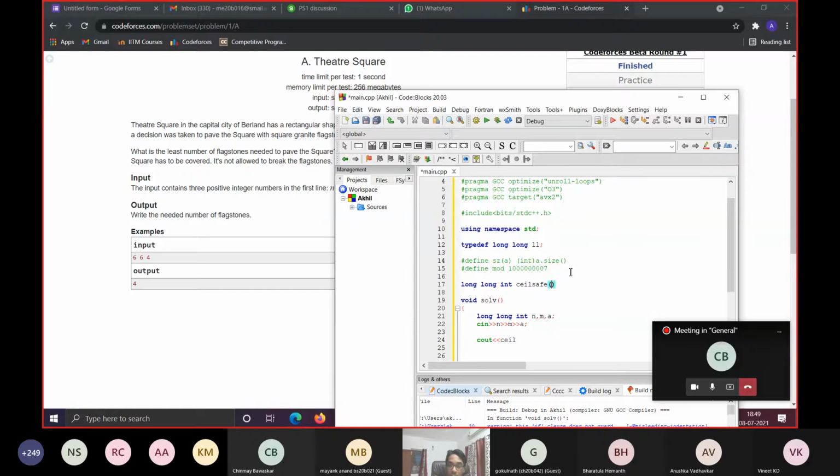I'll show you the case. So I'll just define my own ceil function, which will also give you a better idea of how it is working. It takes two variables. So if a is actually divisible by another number b, this function has to return a by b. Else it should return a by b plus 1.